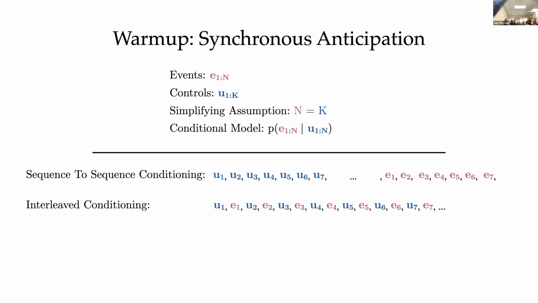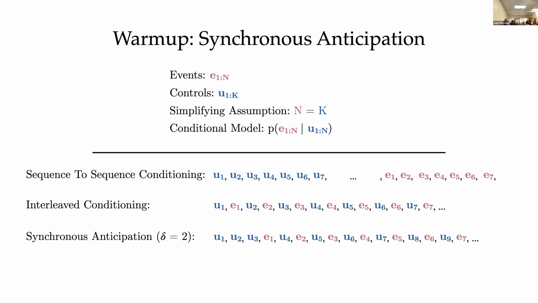One thing I could try: what if I interleave these two sequences? I said that U1 is the most important control for predicting E1. So let's take that hypothesis seriously and put U1 right before E1 and U2 right before E2. And that's fine and great. But now this sort of sucks, because I have all of these U's up front, like this is my conditioning signal, but when I'm predicting E1, I'm not using all of them to make that prediction. I'm only using U1. And E2 only sees U1 and U2. So this sort of sucks too. This is not a great solution.